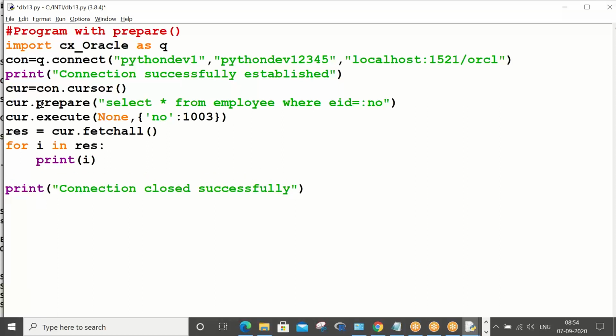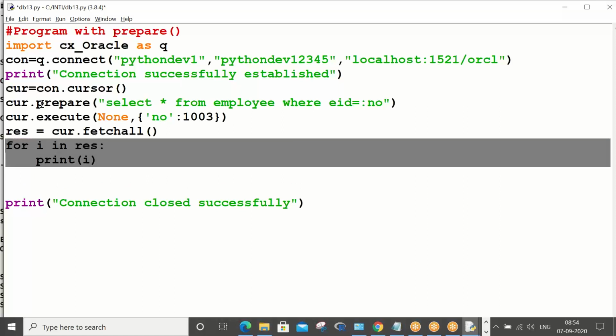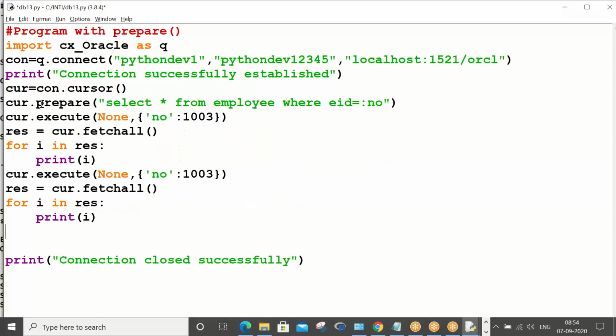Okay, so now let me write the same steps. Cur dot execute of none. Now let me apply the same for another row. Cur dot fetchall.